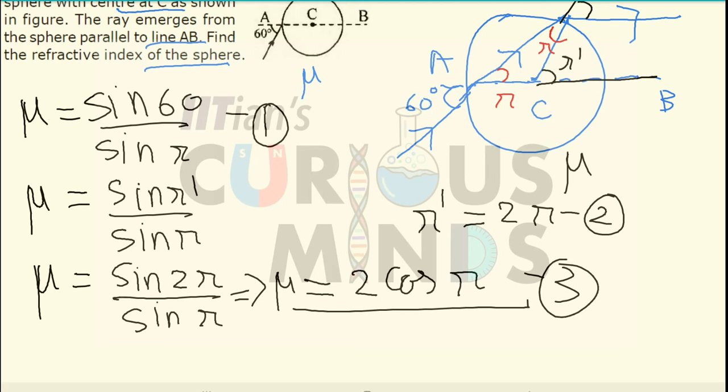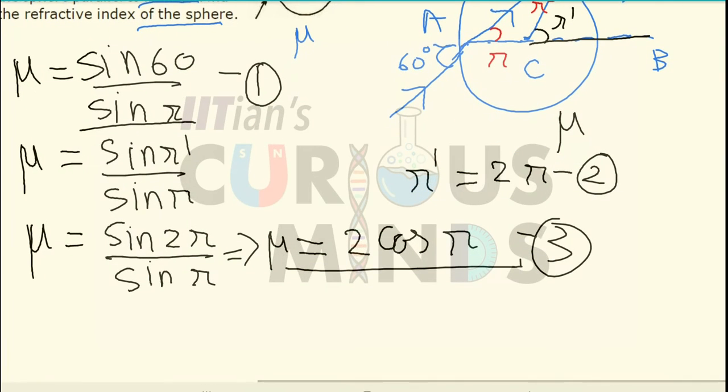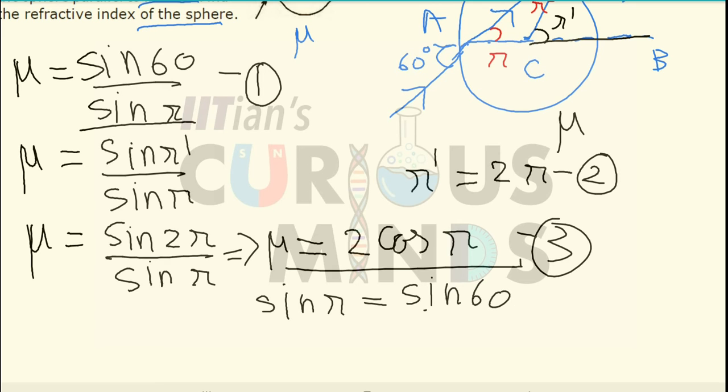If you consider the first and third equations, I can do two things. First, I can divide and find the value of R in terms of tan. Otherwise, I can square the terms, using sin square theta is equal to 1 minus cos square theta. Let me use the value of sin R. Sin R will be equal to sin 60 divided by mu.